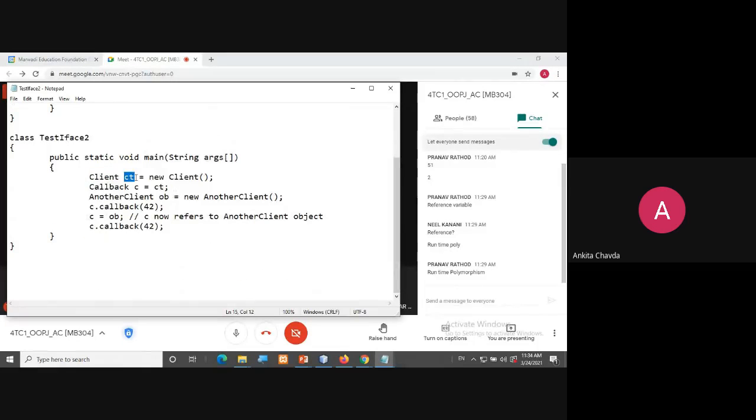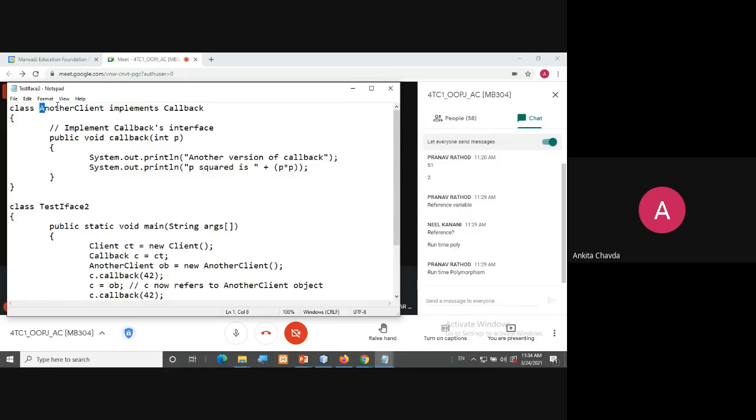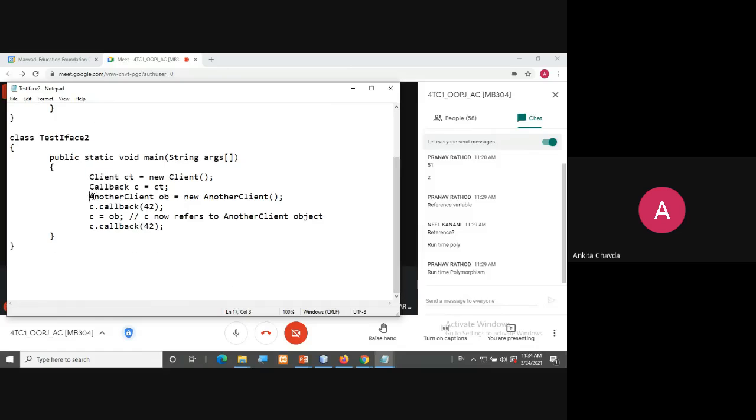So client CT equals new client. Here I'm creating an object of another client class as well. So I'm creating the objects of these two, client and another client, and here I'm creating a reference variable of this callback interface.